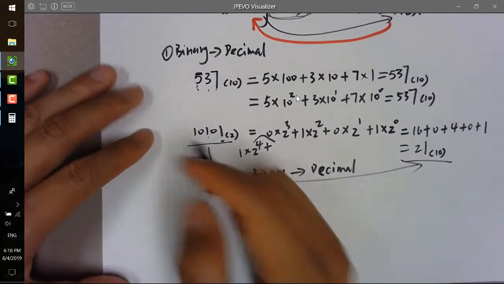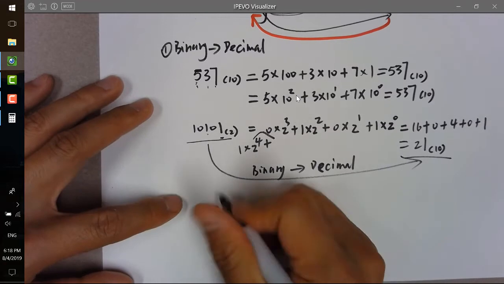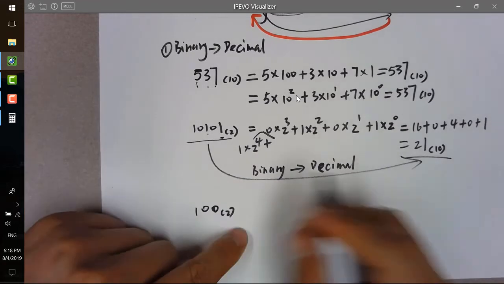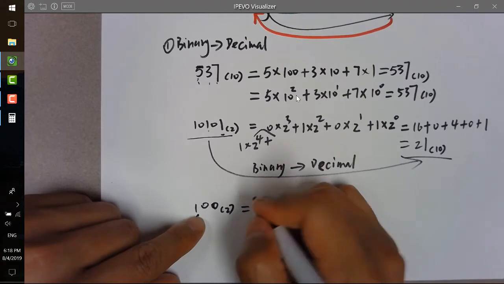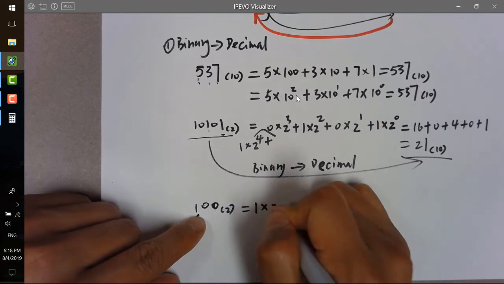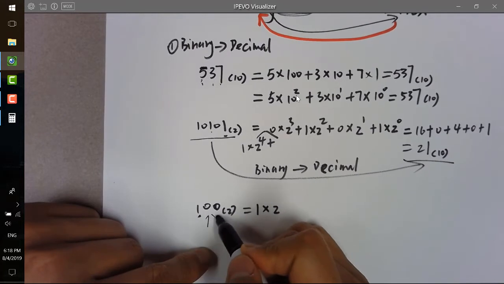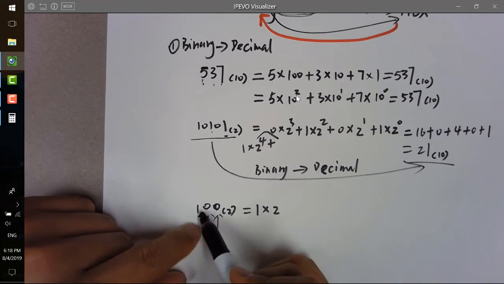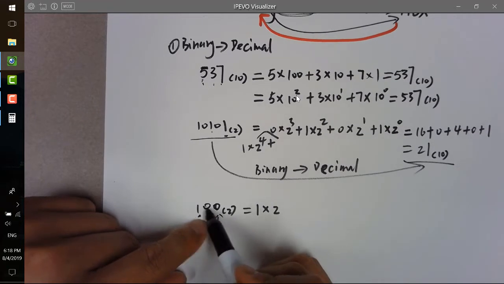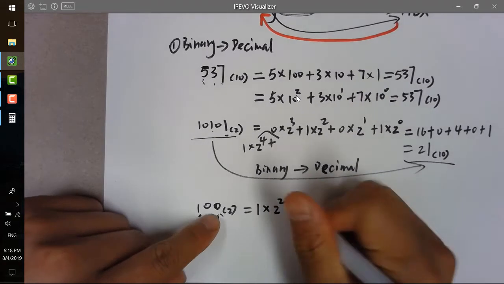So now let's take a look at another example here. For example, 100. We know this is a binary number and we want to convert it into a decimal number. So 1 to the power of... Here's a tip: just count how many digits this number has after this digit. There are 2, so it's going to be 1 times 2 to the power of 2, and plus 0